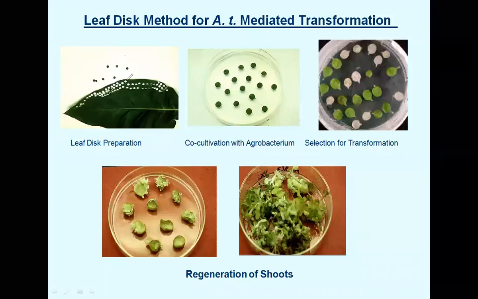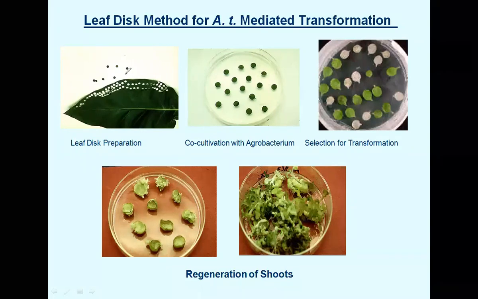Okay, what you are doing basically, you are inflicting a wound. The cut surface will secrete the phenolic compound, and those phenolic compounds, including acetosyringone, will attract the bacteria. So this is called the leaf disc method. So you will be punching the plant leaf you would like to transform, and the cut surface will